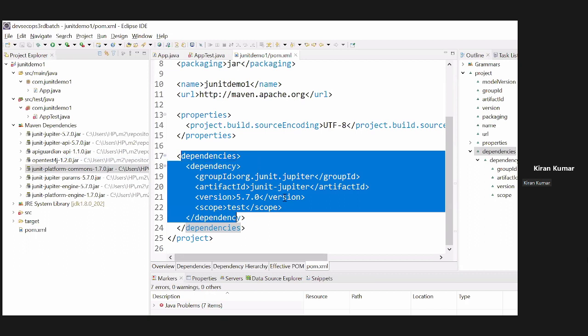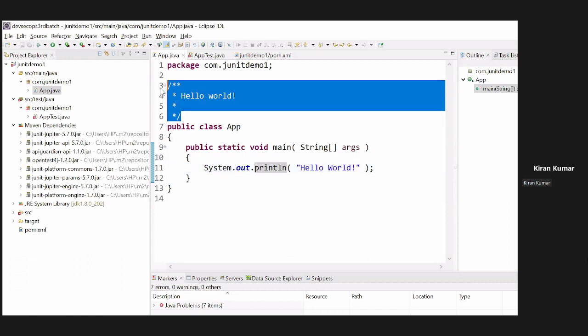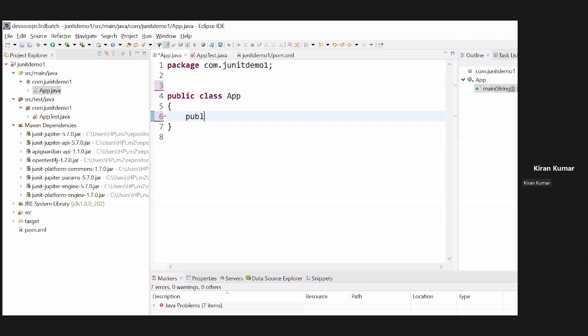Now, forget about Maven. We'll see Maven only when I explain the Maven tool. Now, concentrate on JUnit. Come to your App.java. Let me write some business classes, one simple class here. Here I have one business method, public int sum of int x, int y. I'll say return x plus y. This is a business method